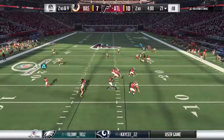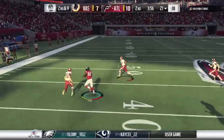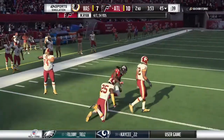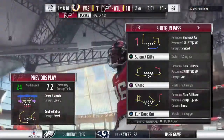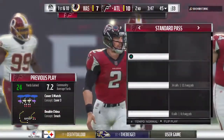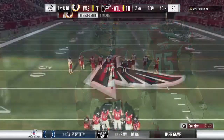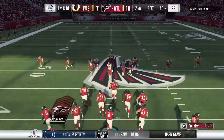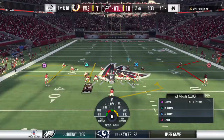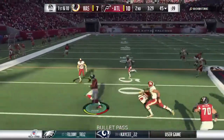On second down, Ryan. And he's got it. Got his man on the end route. Complete. And they'll get it all the way out near midfield to the 45. That one goes for 24 yards. And defensively, they were in zone coverage there. Do you have to be a little careful playing against a good quarterback like he is to not play too much zone? Yeah, you have to be careful about how much time you're giving up. I think it's a good point you just brought up. So maybe if you still want to play zone,